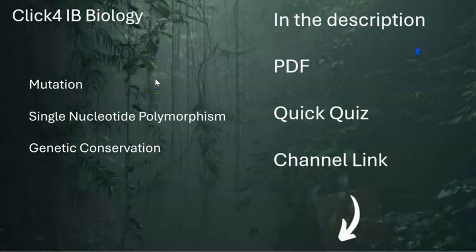Click for IB Biology. Here we're looking at mutation, the production of single nucleotide polymorphisms, and the concept of genetic conservation. Much of this is a development of some of the items which were raised as we went through